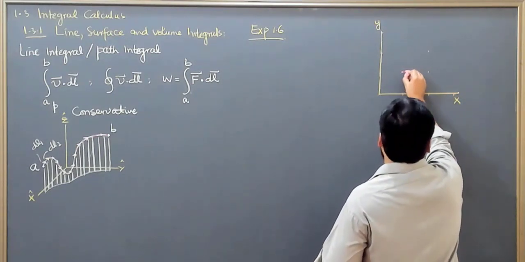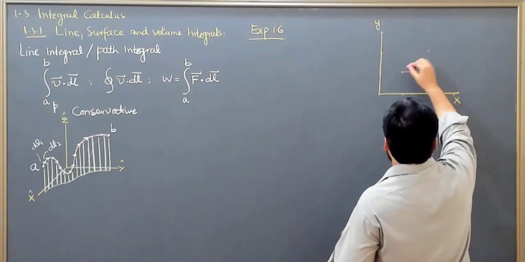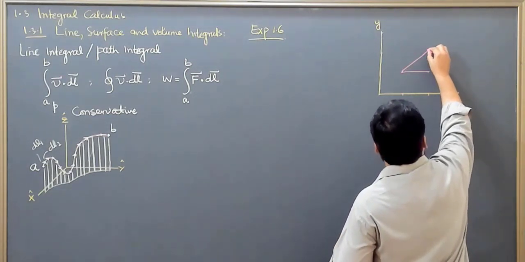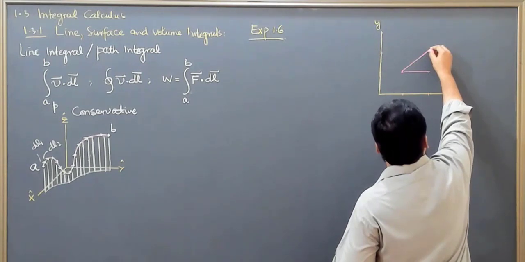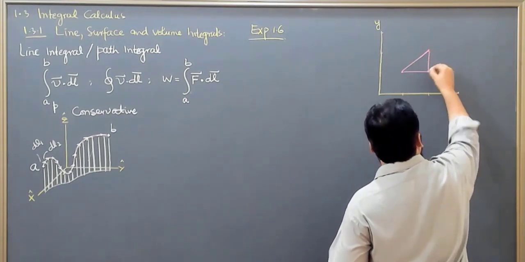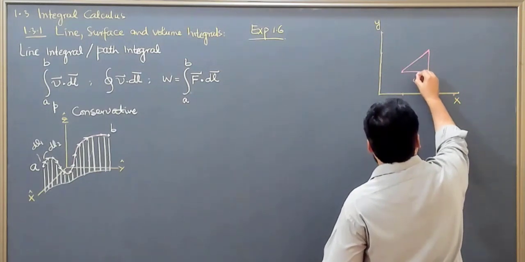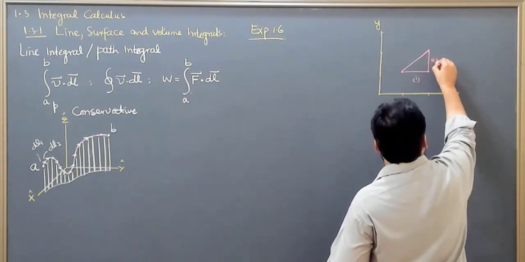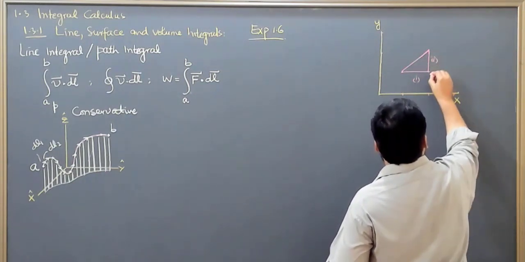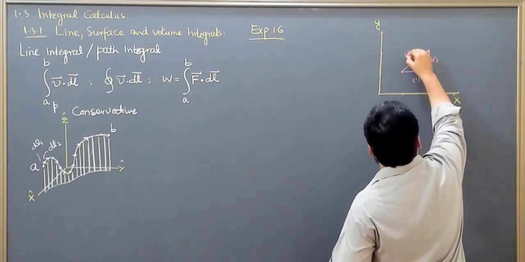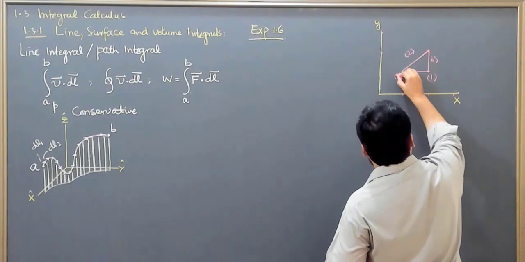So it is something like this. This is 1, this is 2, and this one is path 1, this is path 2, this is point A,